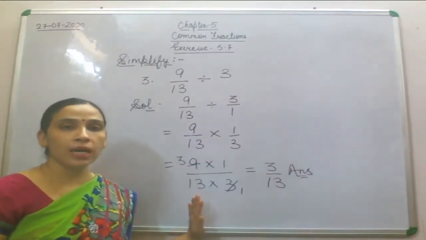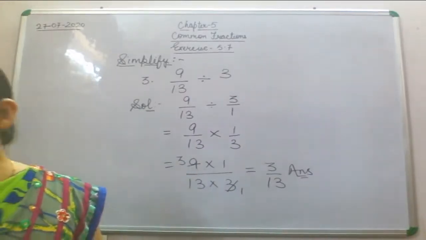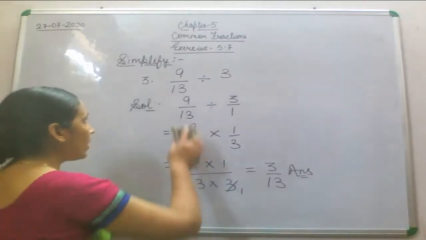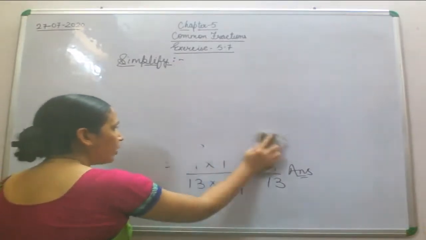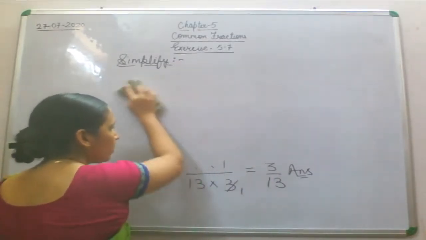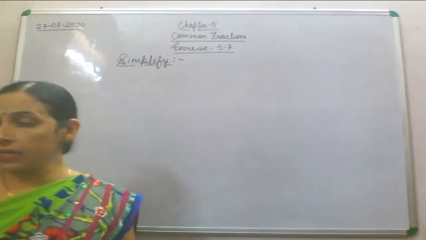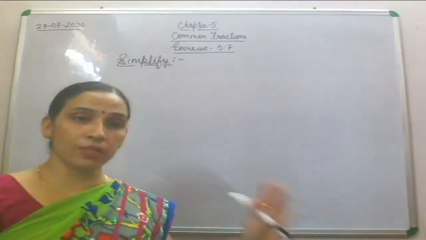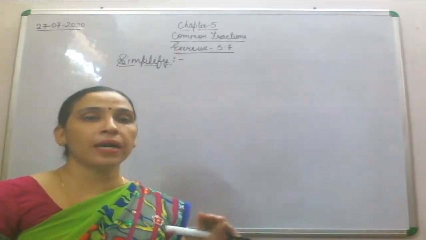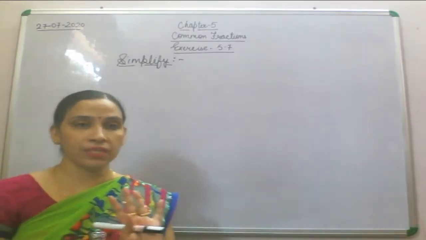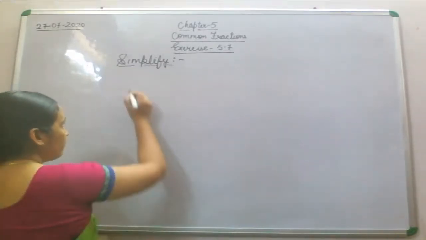So children, now we'll start our next question. That is your question number 4 of this exercise. This question number 4 is again a question of a proper fraction with a whole number. Children, you can also get a question of an improper fraction. And we will do some questions of mixed fractions also. How you can divide a mixed fraction by a proper fraction using the division symbol, that also we will do. So let's start our fourth question.